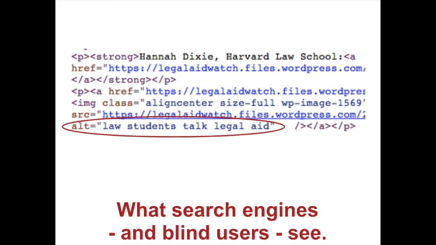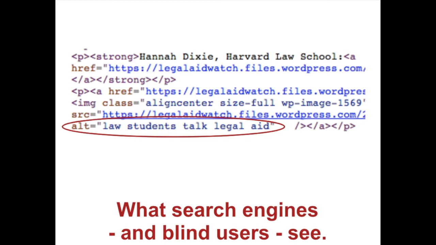Now, having said that, in recent years, Google in particular has been using AI to actually try to read images and understand the words in them. And in fact, you can use Google image search to search images based on the text in them. So you can search for license plates, for example. But the broad principle is still really important.